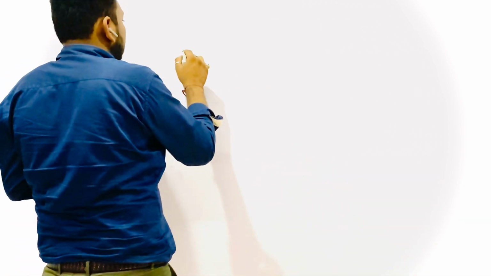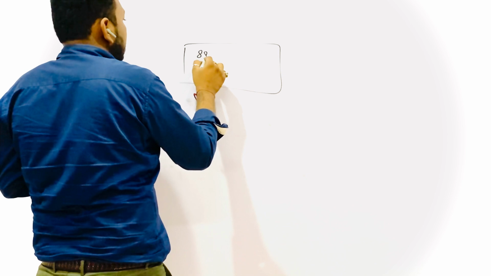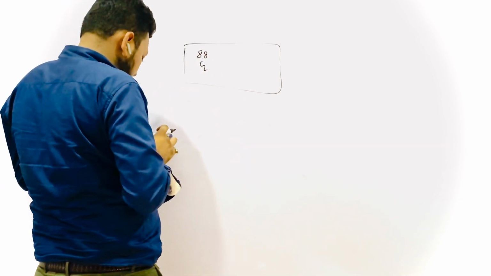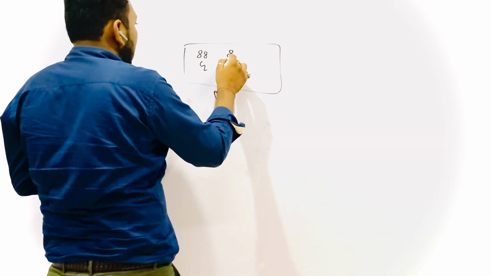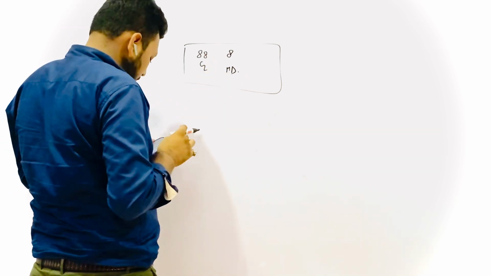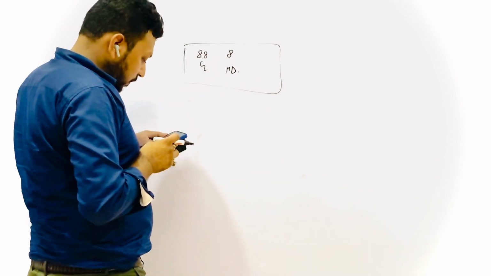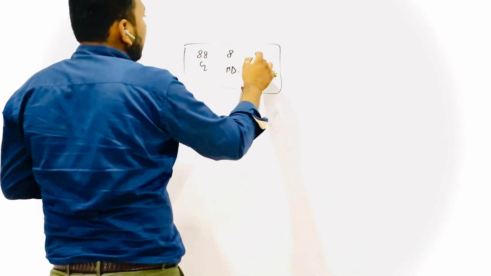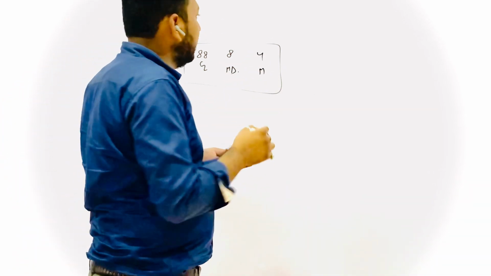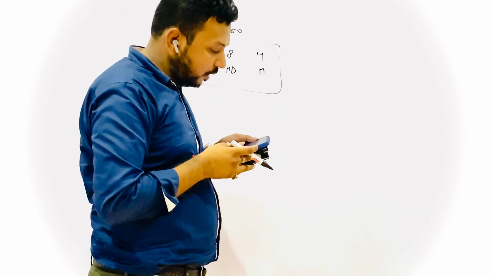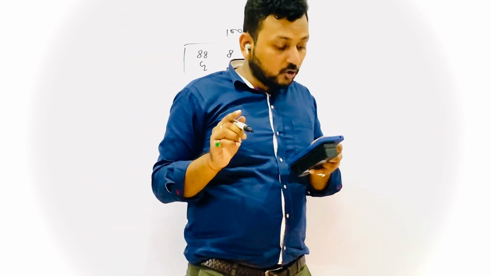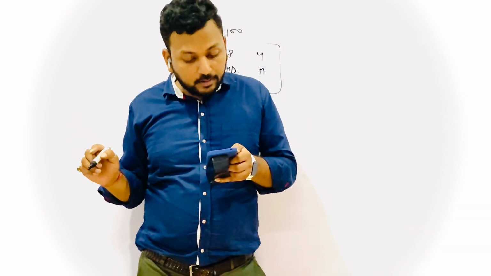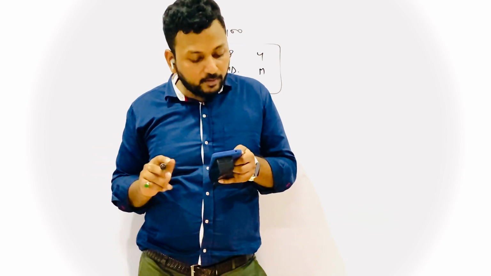So coming to example number 12. A carton consists of 100 shirts, of which 88 shirts are good, 8 have minor defects, and 4 have major defects. So total 100 are there, right? Jimmy, a trader, will only accept the shirts which are good, but Sujata, another trader, will only reject the shirts which have major defects.